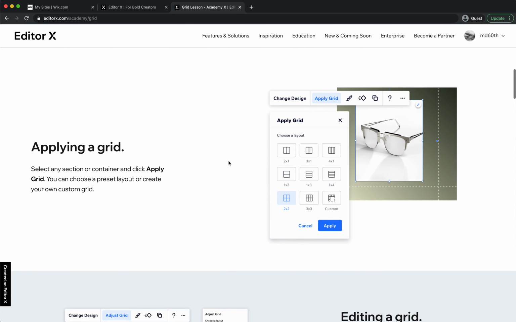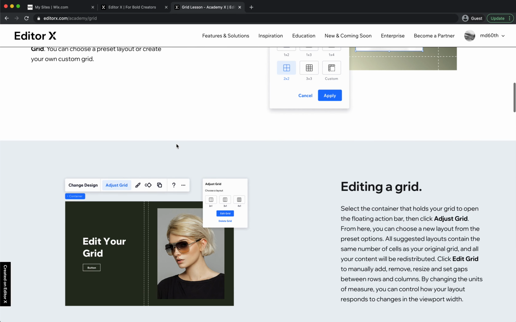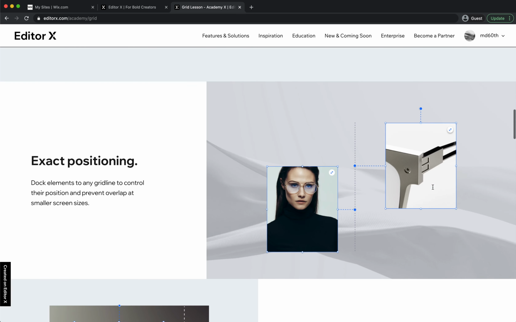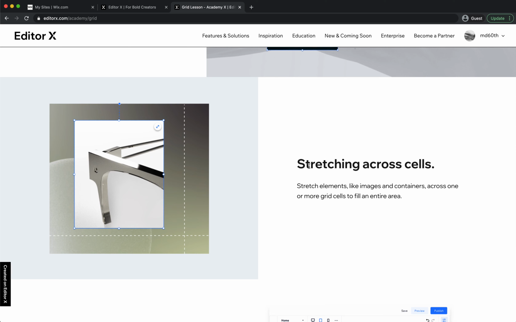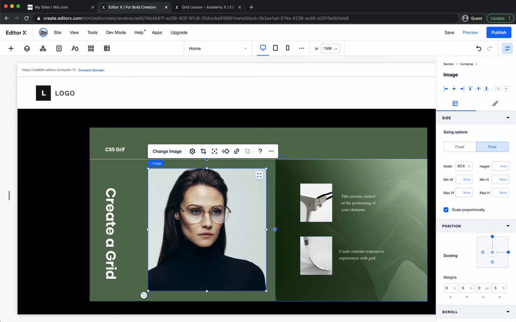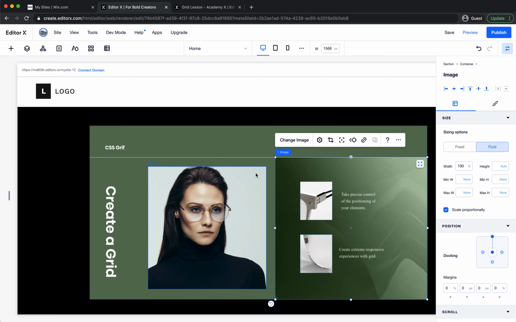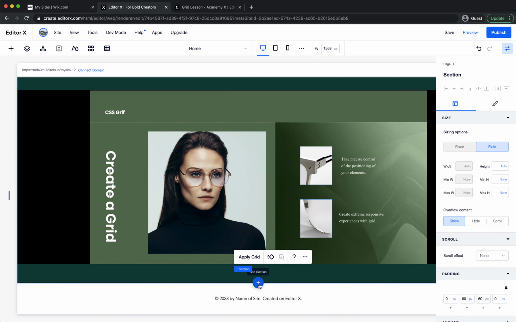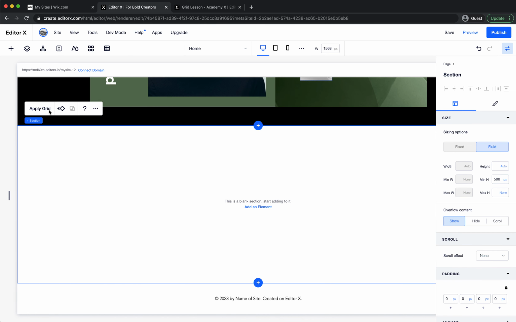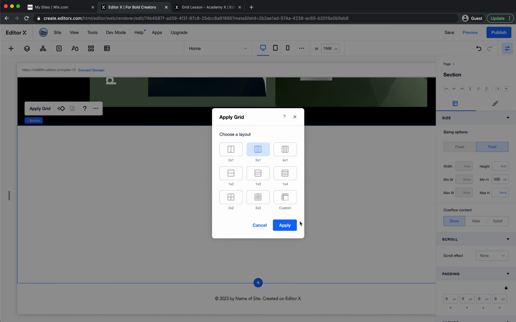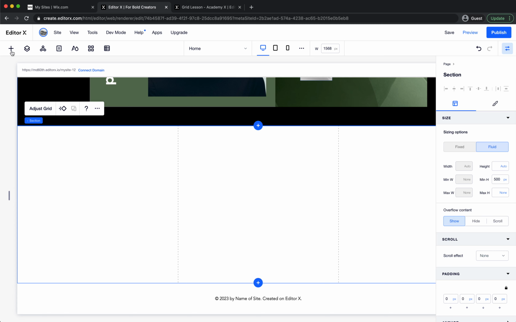So we learn about applying grid, editing grid, and exact positioning, which we did just now. So, stretch across cells. Oh, we did it. We did not do it for this one, but let's practice it. I can apply grid here, so let's say 3 and 1. Okay, and then I can